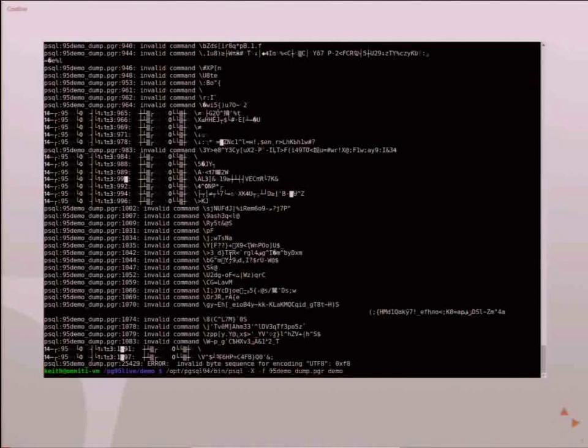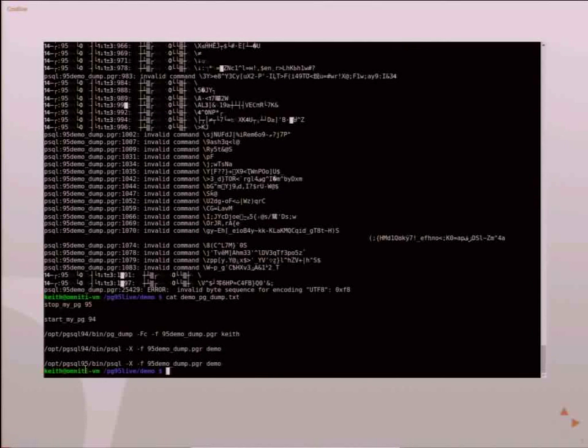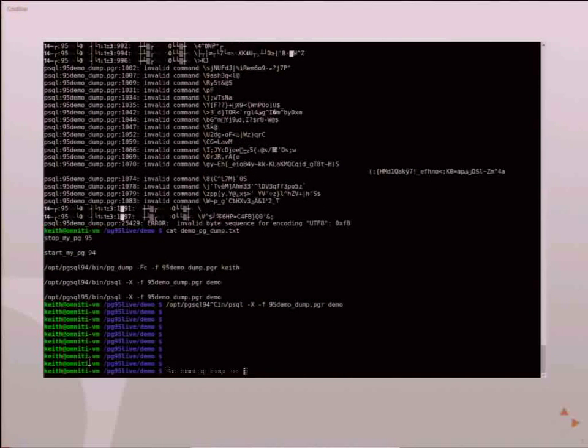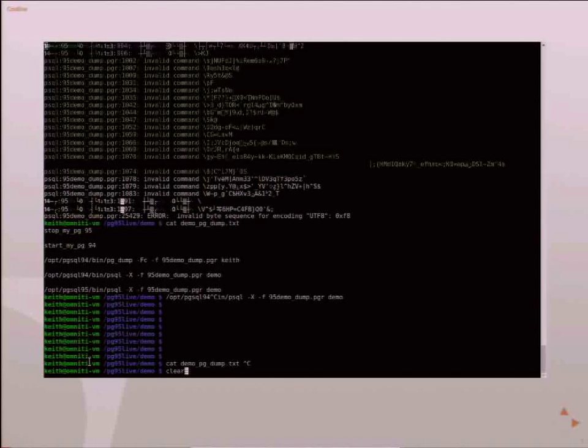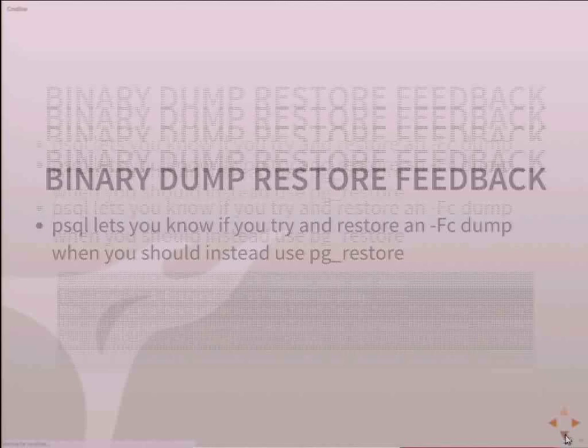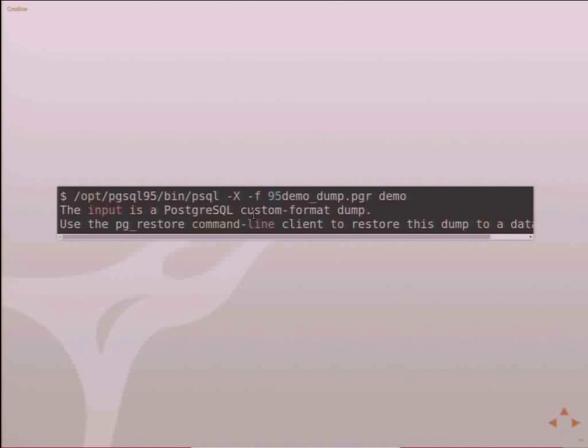So if you actually do it with the 9.5 binary, you get that nice little handy feedback. Maybe you can't see that here. It just tells you this is use pg_restore, not psql.